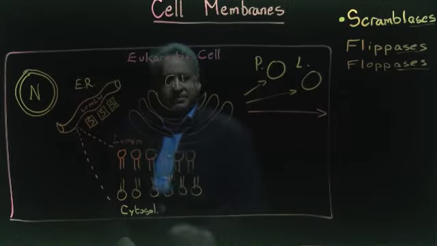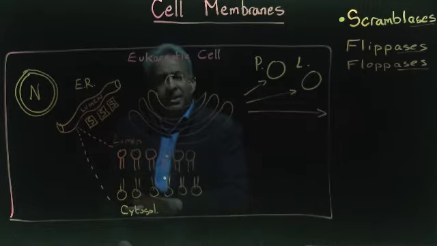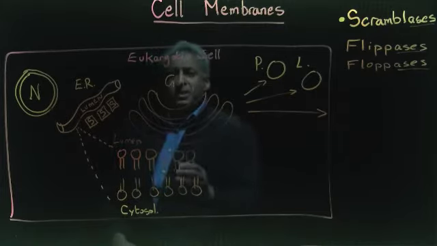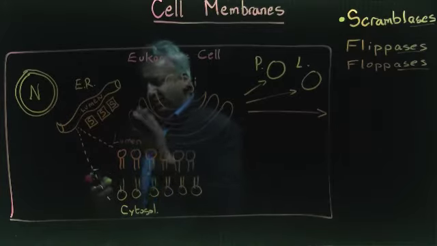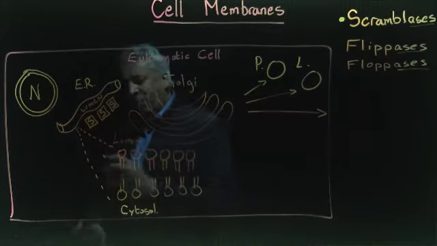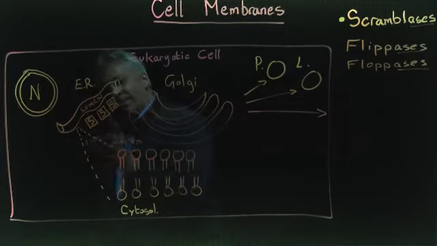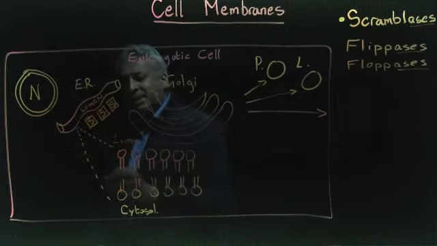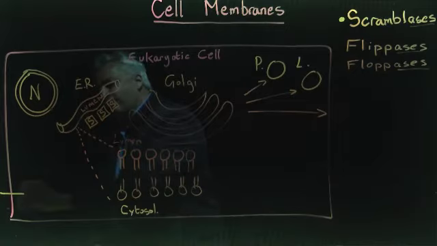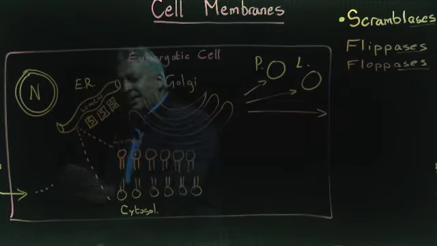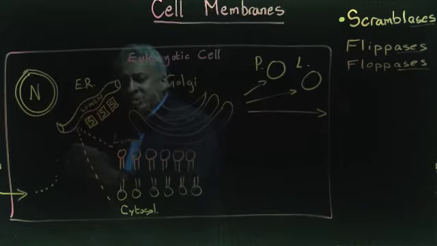These scramblases are responsible for picking up lipid molecules, phospholipid molecules, and flipping them to the opposite side to balance the numbers. Why? Well, if we go back to step 1 of how lipid molecules are manufactured in the first place, food enters the cell. Food molecules are then sent down biochemical pathways to make fatty acids